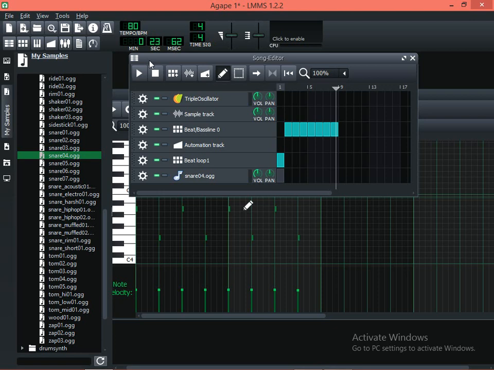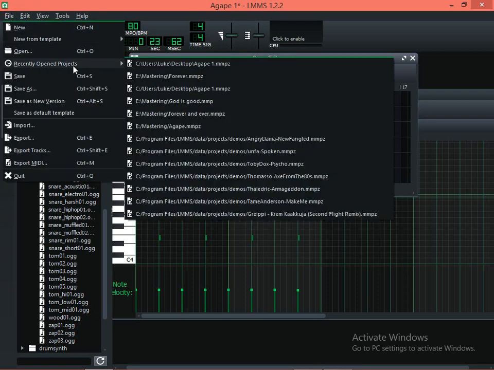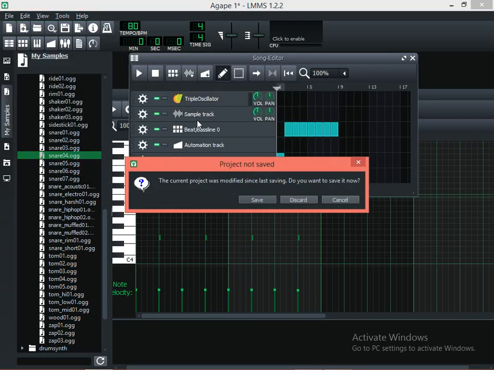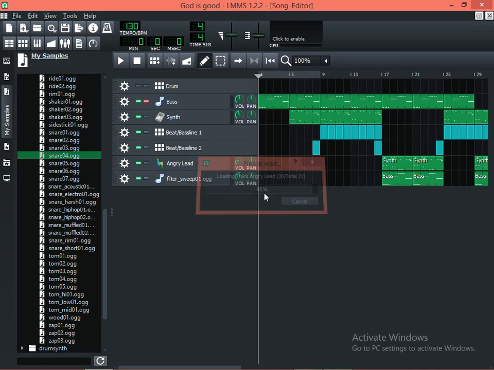So please do that right away, and we shall meet in our next class as we fully learn how to use the piano roll. Now in the piano roll, we shall be learning how to make actually the melody of the song. In other words, in our next class, we shall be making a song, like a real song. Let me just give you a sample of the songs that we can make. We can make a song like this. In our next class, we shall be making a song like,